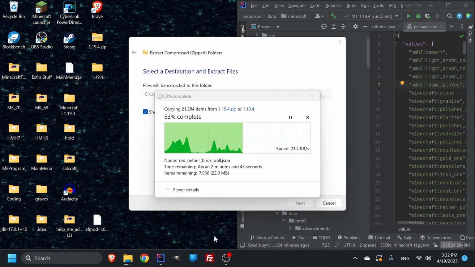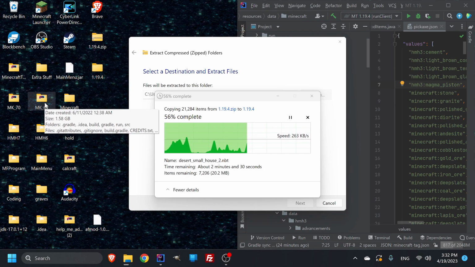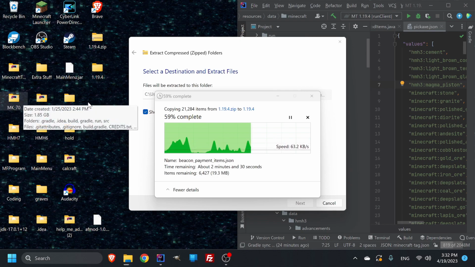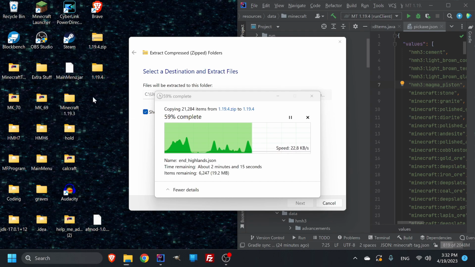So now when I go through my codes, it is HMH2. You'll see that it's got this mark 69 and this mark 70. So this was the 1.19. Or no, I think this is 1.18, and then this is all my 1.19s. But I do make a backup version for everything of Minecraft because I did break it, and when you break